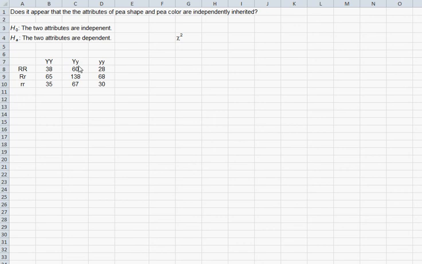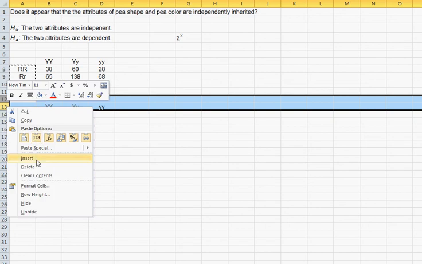independence of two attributes. The way that we do this is, here is our observed data, and we assume the null hypothesis that the two attributes are independent. The alternative hypothesis is very modest and simply says that the two attributes are dependent. Next, we have to figure out the number of expected things. So there's the observed, and down here, let me start making another table to show the number of expecteds that